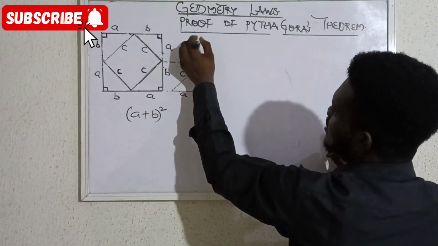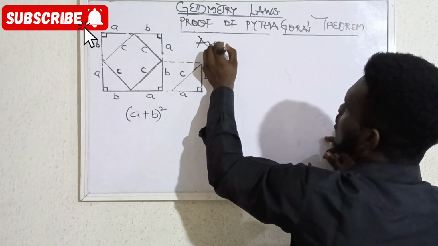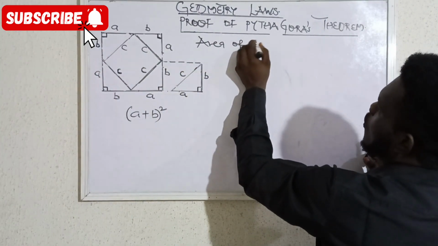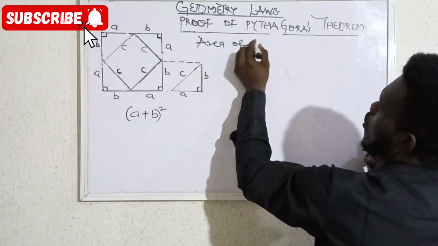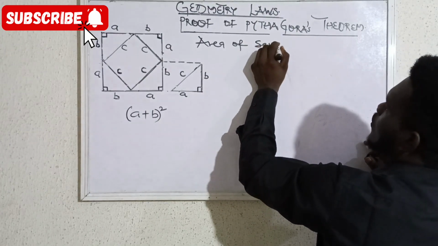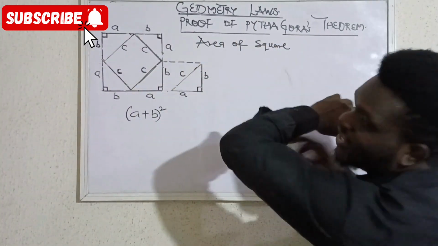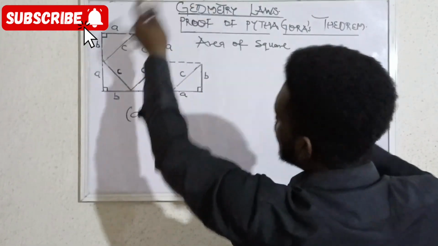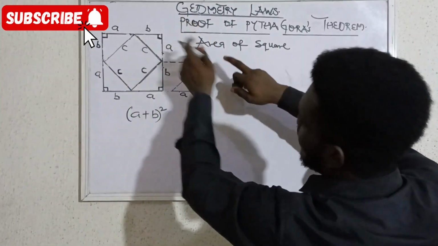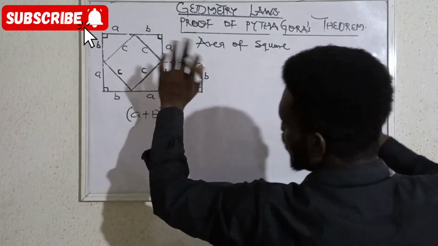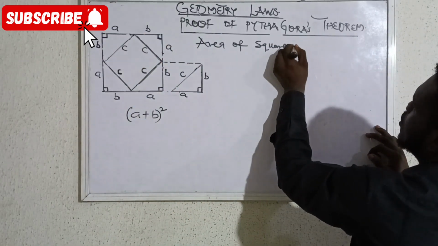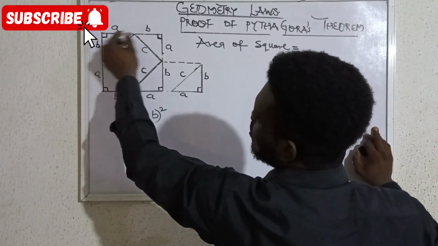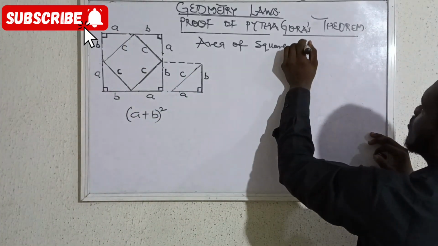So we can establish a fact that the area of square, particularly for this, not of any square, please mind you, of this square, so you can label it PQRS or something like that, must be equal to what? The area of the 4 triangles